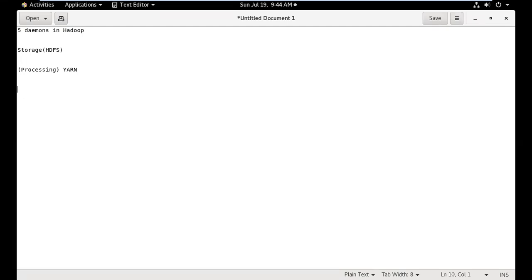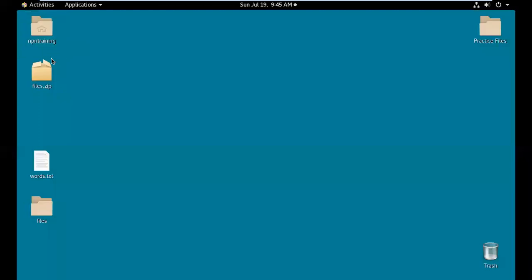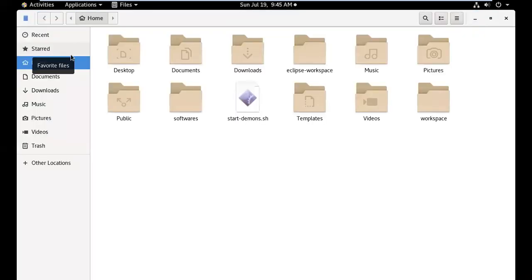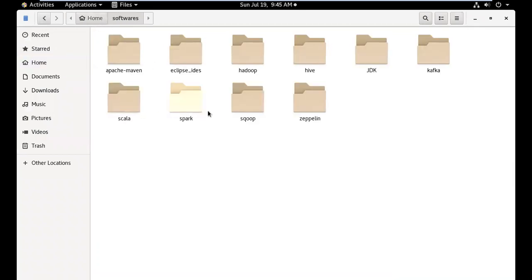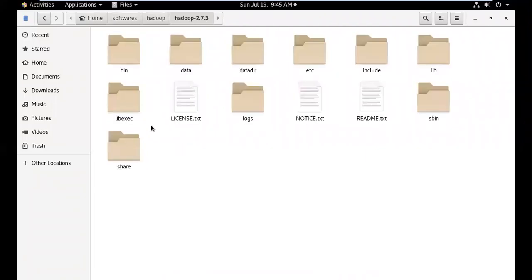Now, just follow certain instructions. Please make a note of these things because this is not documented. When you start up your cluster, don't start any services. First, go to the location where we have installed Hadoop. In my case, Hadoop is installed in home, softwares, Hadoop, Hadoop 2.7.3.